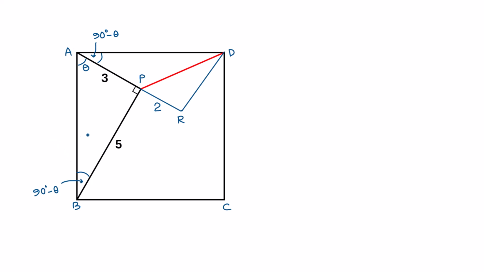Now focus on triangle ADR, and in triangle ABP. In these two triangles, this side length is equal to this side length because this is a square. So AD is equal to AB,